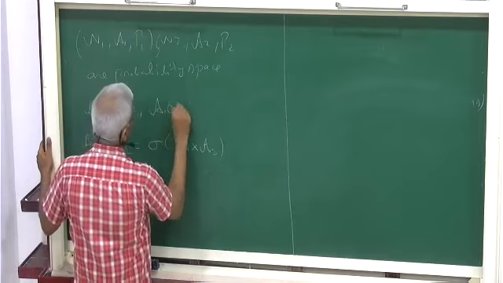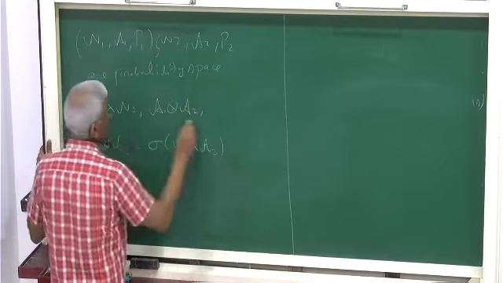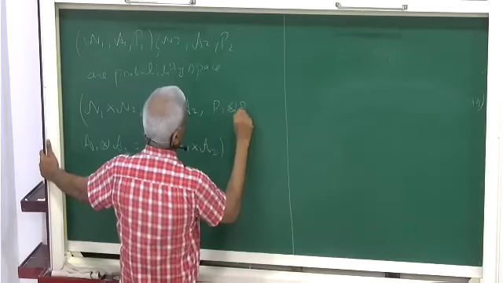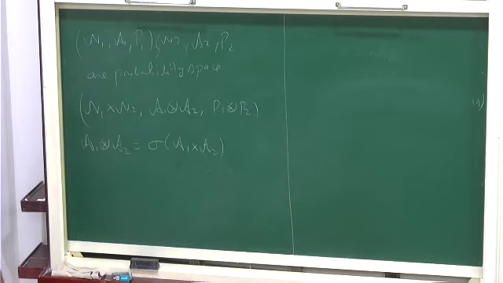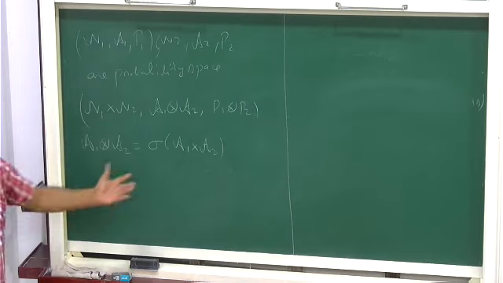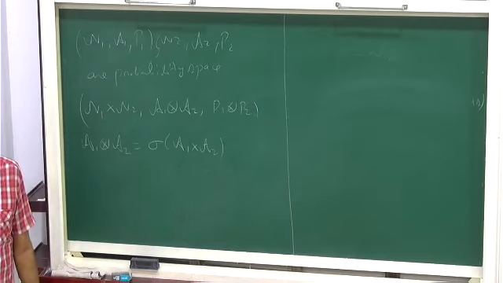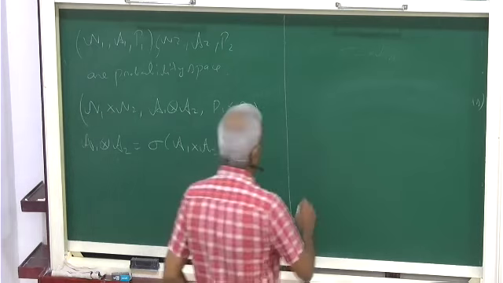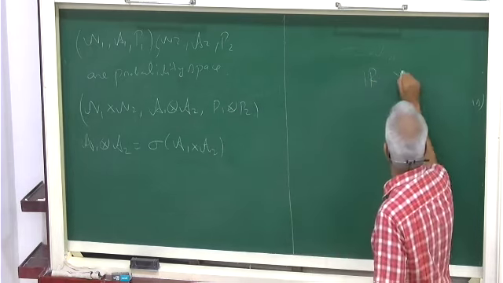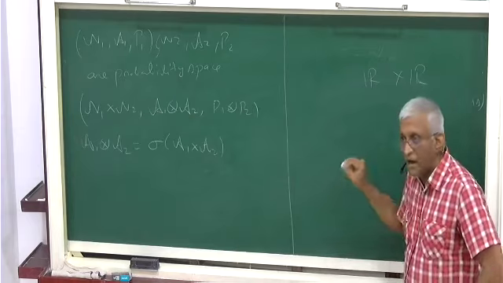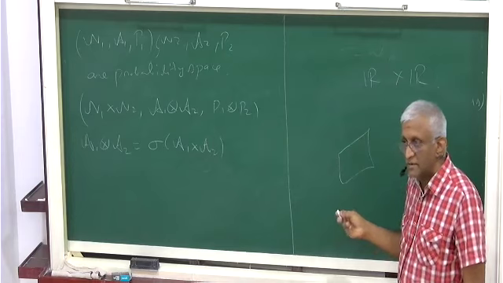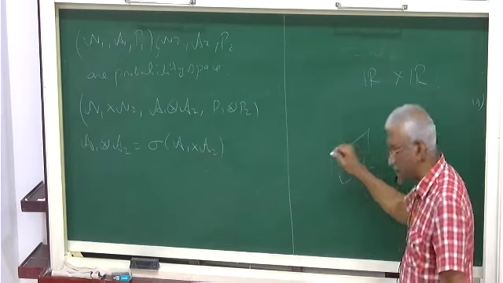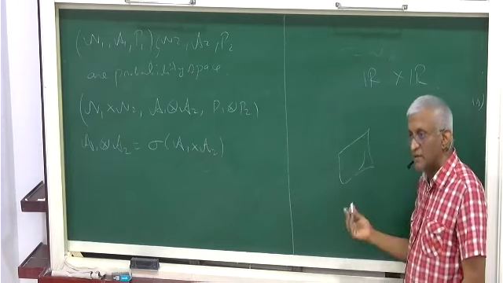Then on this we have a measure P1, P2. We will only consider the finite case. It will not be a sigma algebra. You can check it. For example, if you take real line cross real line, all the sets in this are just squares, rectangles. But the sigma algebra will contain circles, very complicated things. So it will not be that.